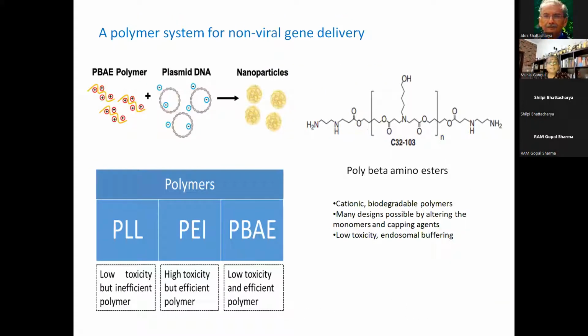The second system is a polymer, and Professor Mishra had mentioned this. This is a class of polymers called polybeta amino esters. These also have a cationic charge, and they are biodegradable. The structure is such that many kinds of designs are possible. By changing the monomer in the polymer, or by changing the units at the end, one can design different kinds of polymers. They have low toxicity, and they are also highly efficient